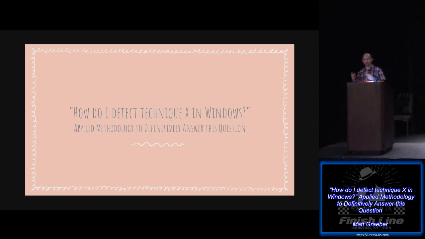So this is my attempt to make amends with all the offensive techniques I've put out in the past, and to develop and apply a somewhat more formalized methodology to get to the core of how we take any technique in Windows, and this is going to be Windows endpoint specific, this being my particular area of comfort, and get to the bottom of how we can actually start detecting some things